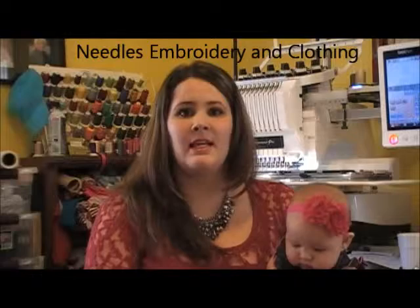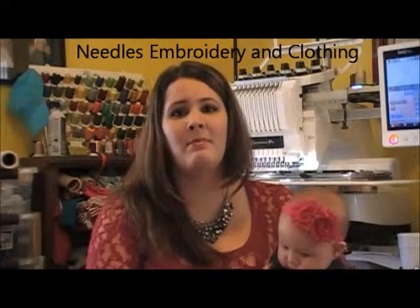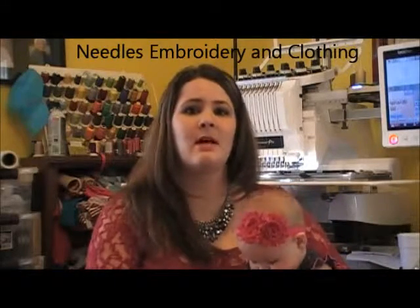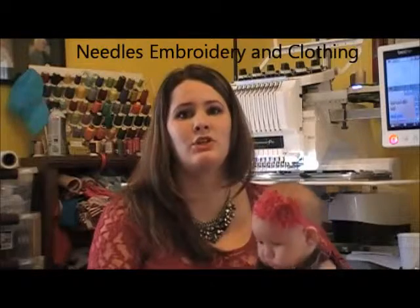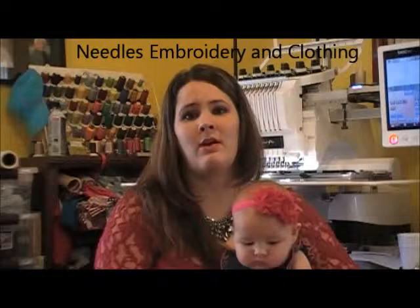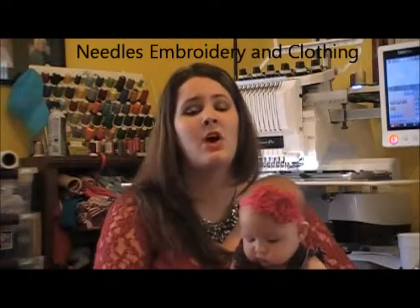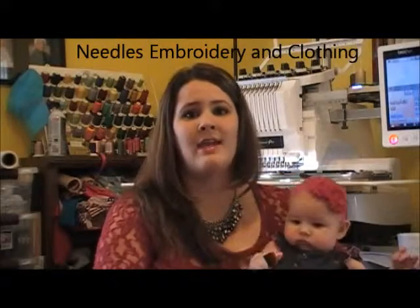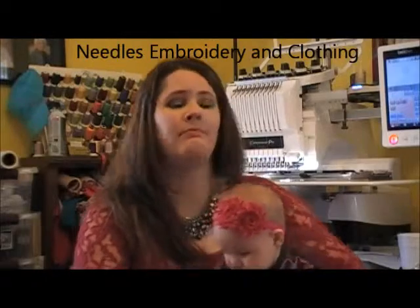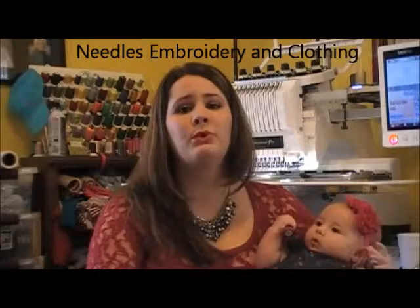The next thing is they are transportable. Because they're so small, they can pack up in a special hard case box, and with a handle, you can actually transport your machine anywhere that you want to be. So say that you want to do some work at your friend's house, all you have to do is put it in that hard case and take it over to your friend's house. Take a few spools of thread and you're good to go. So it's really